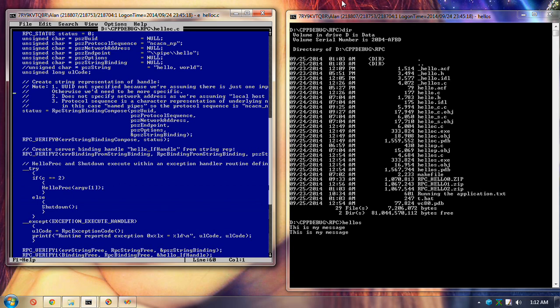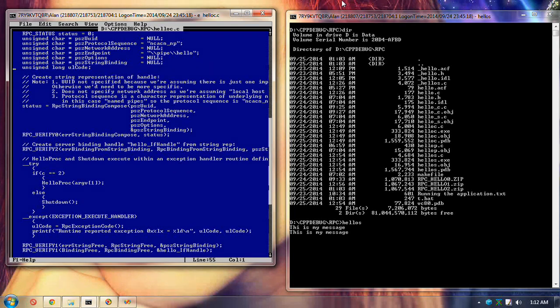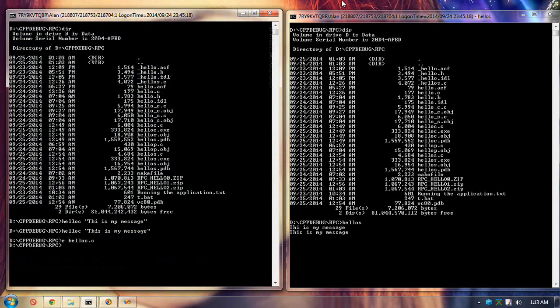In fact, I don't need this here anymore. So instead, I removed that. And if there is a string, or if there's a second parameter, I pass that to the hello proc. Otherwise, if there's no parameter, call the shutdown. So if I want to shut it down, I'll do hello C with no parameter, and it stops. Okay.